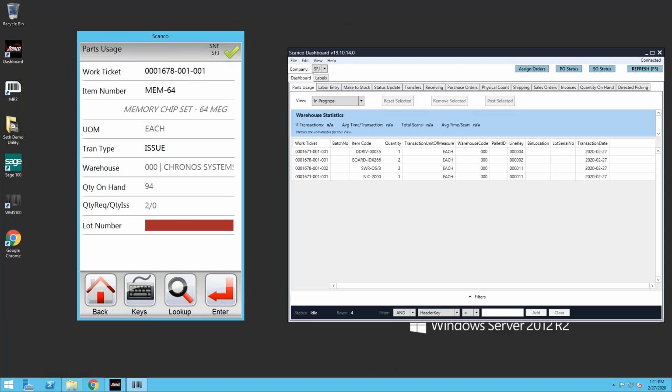I went ahead and scanned the correct part. It's going to now pull up a bunch of different data on that part, whether it's the transaction type, the warehouse that I'm collecting it in, the quantity on hand. But what we're really focused on now is that quantity required versus issued. So we need to issue 2 parts, but we're being asked for a lot number because I scanned a lotted